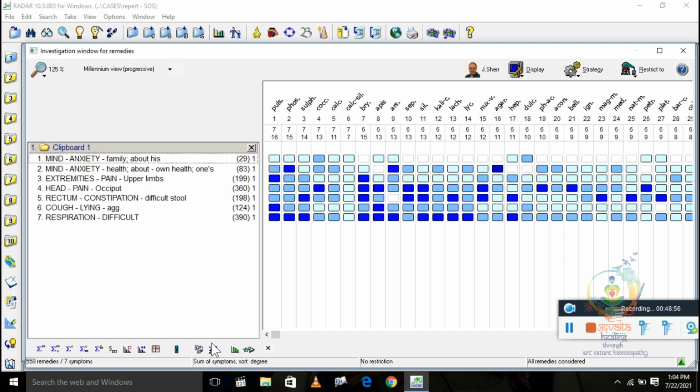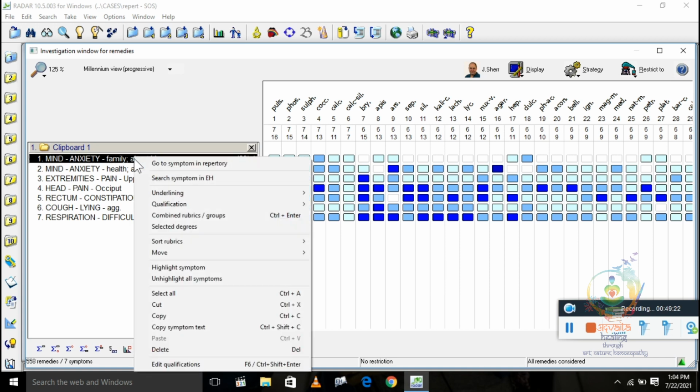Now these are the symptoms you have added. You remember this, right? Now let's see, if you want to read about anxiety family about in Materia Medica, where it is written, in which remedies it is written, in which Materia Medica it is written.